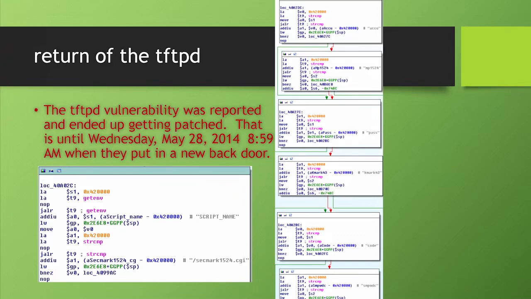And then November 10th, they released a new firmware, and they reintroduced it. Not by mistake. They actually encoded TFTPD this time as base 64. So they tried to hide it. They said, no longer does it happen when you request mycgi.cgi. That CGI listens. So if you request